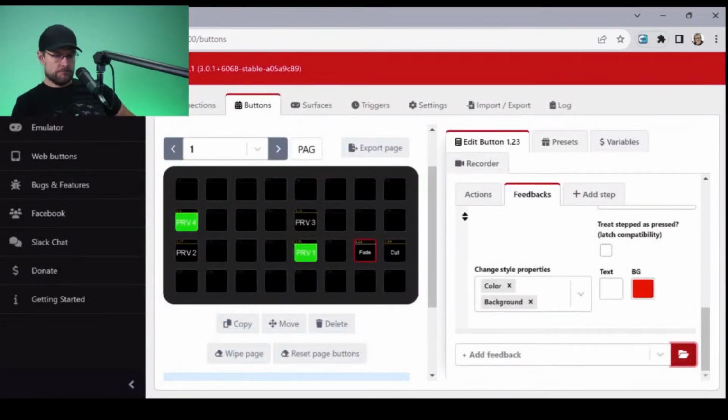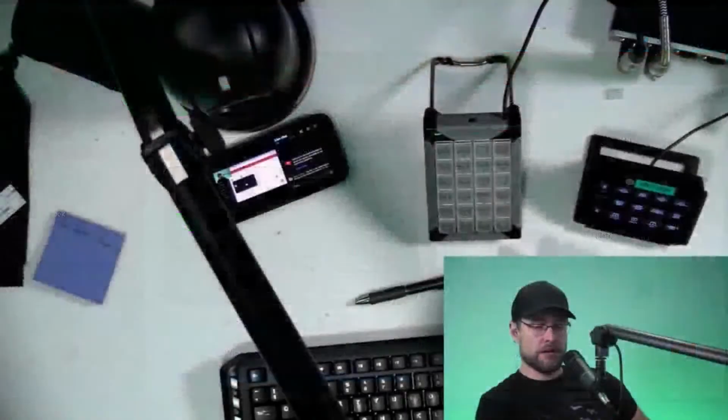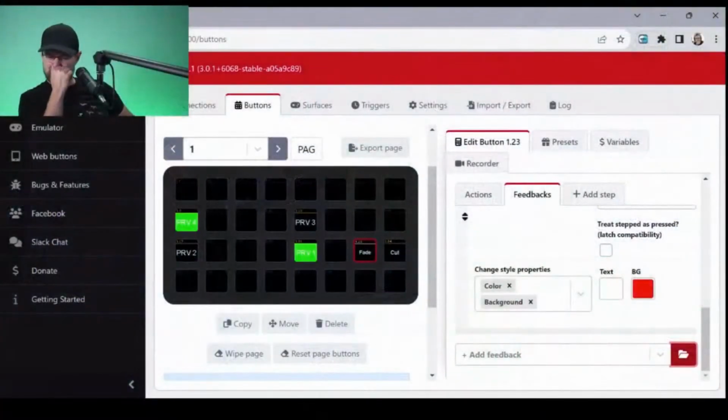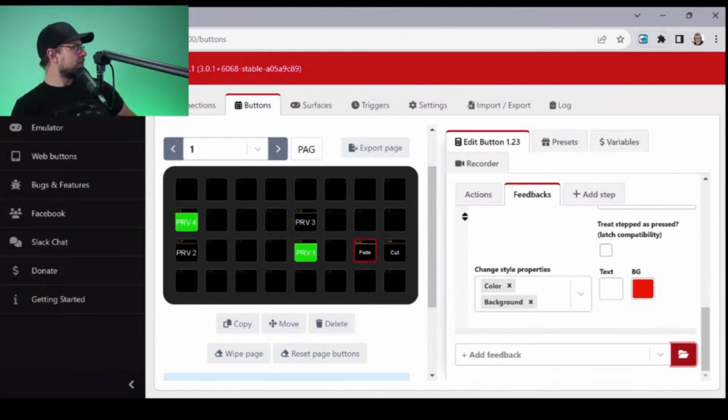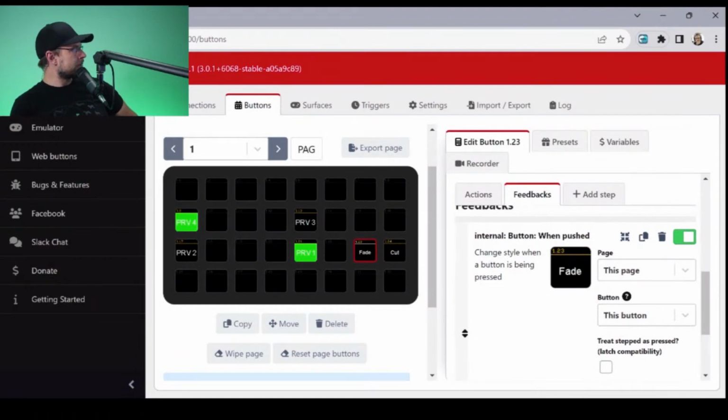Say done. What am I doing here? Oh, fade. Oh. Interesting. Not too sure I find it particularly helpful because it doesn't stay on, or maybe it should be delayed or something.